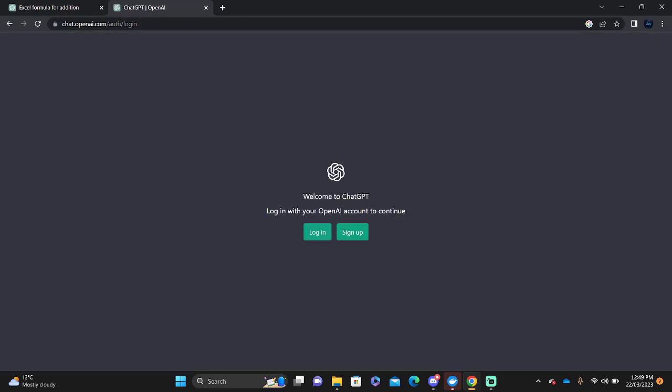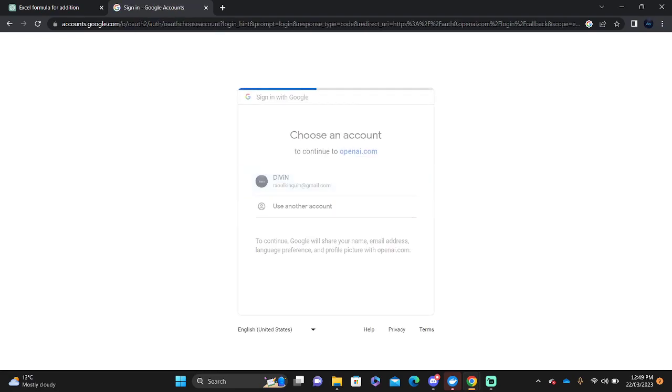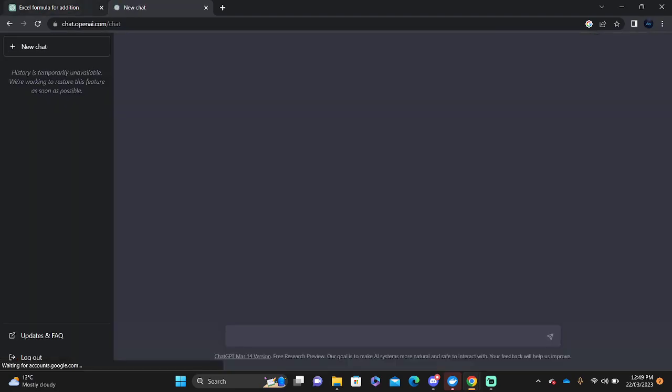This is a screen that you get on all of the devices: PC, Windows, Linux, iOS, Android. Log in, continue with your account, and here you are. You're using ChatGPT on your